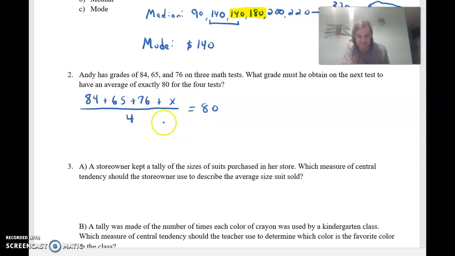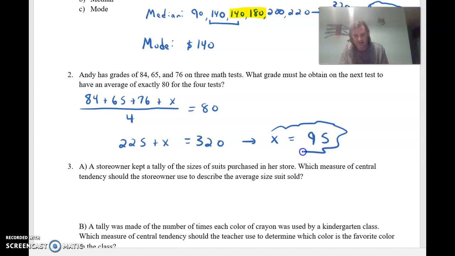Well, we're only going to do a little bit of algebra here. We're going to multiply both sides by that 4, so we will have 320 on the right-hand side. And 84 plus 65 plus 76 will be 225 plus x. So when we get x by itself, 320 minus 225, he must make a 95 on his last test,